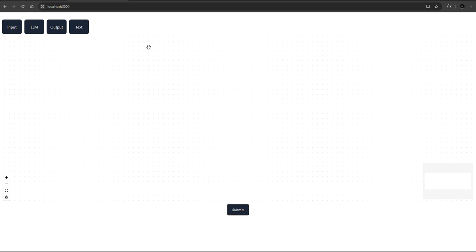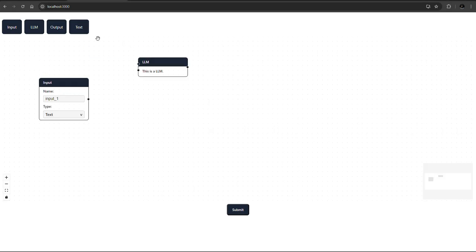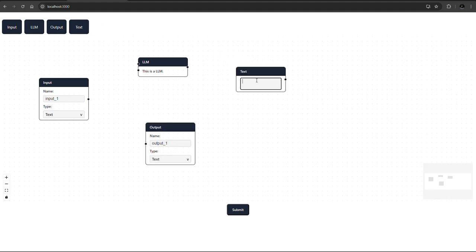This is my assignment. We have a React Flow canvas. Here we can drag and drop these elements. I have styled these elements. And then we have this text node. So this text node has a dynamic height. So if we type anything,